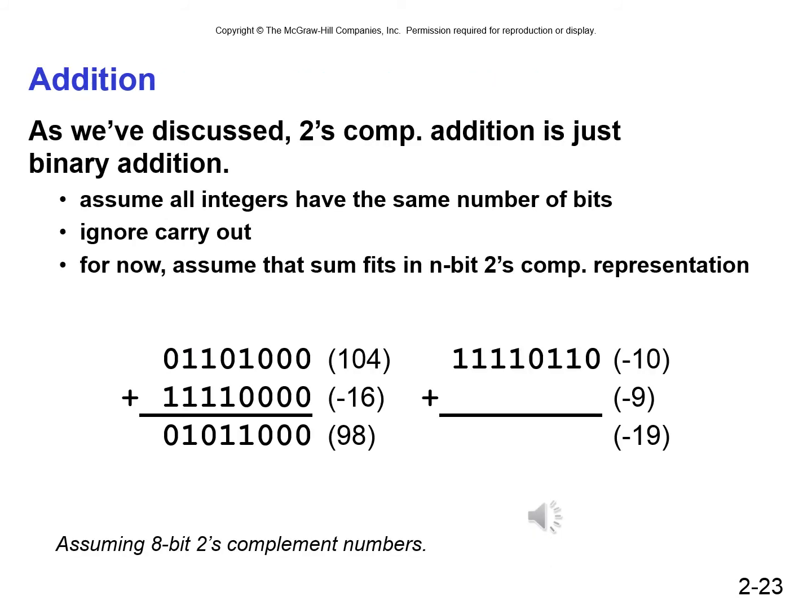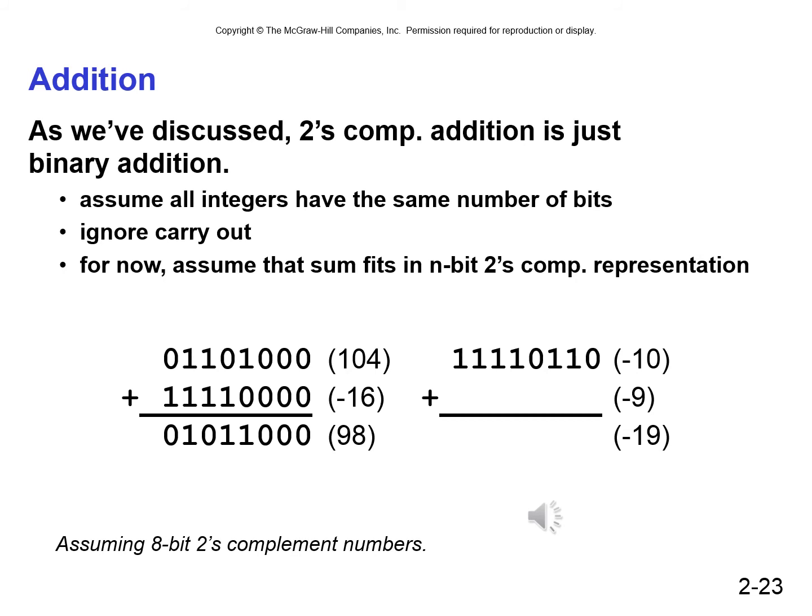Here's the beauty of using 2's complement for integers. 2's complement addition is just binary addition. We have to assume all the integers have the same number of bits. So you may have to sign extend a number with zeros or ones if it's negative, but we'll get to that in a second. So here,